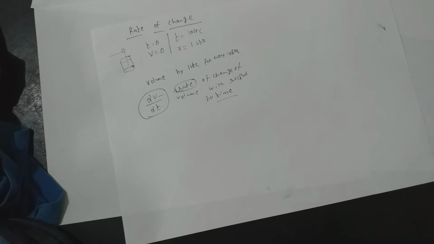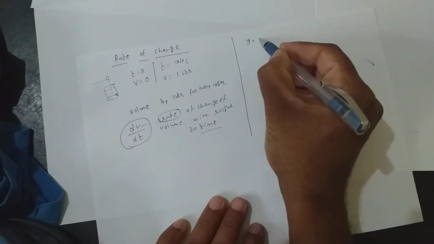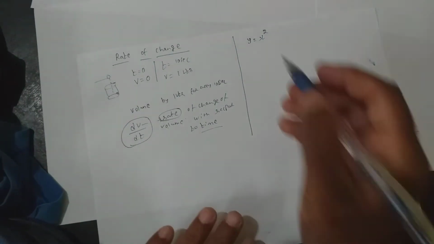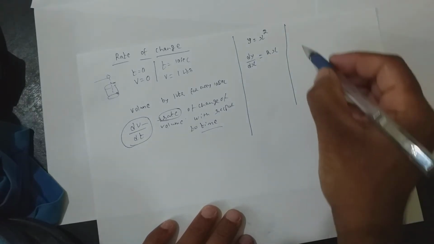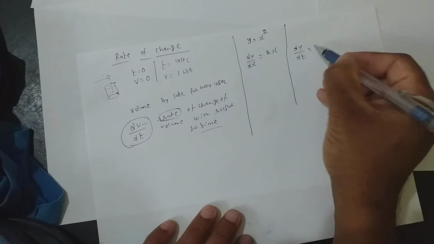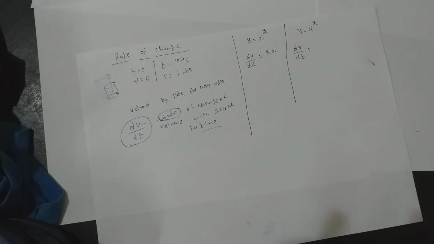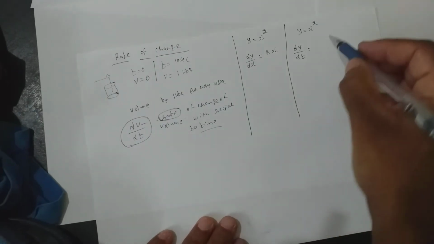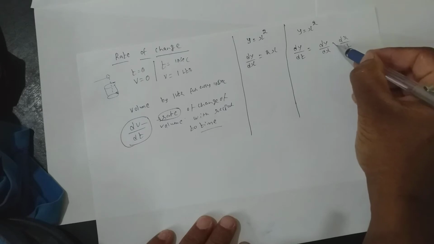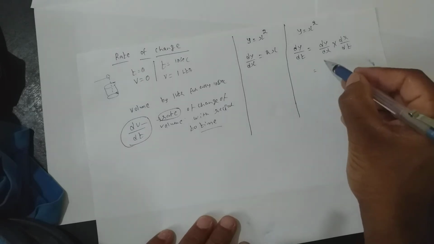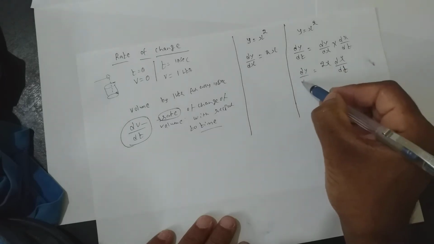Now let us do certain sums, or before that you should know this. y equal to x square, if I write, how much is dy by dx? It is 2x. Now, how much will dy by dt be for the same y equal to x square? Two ways, either you can remember it as a formula or else directly. Formula is dy by dt equal to dy by dx into dx by dt. So dy by dx is 2x into dx by dt is my dy by dt.